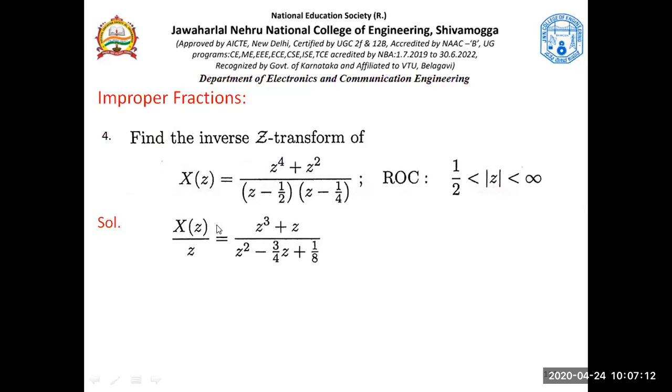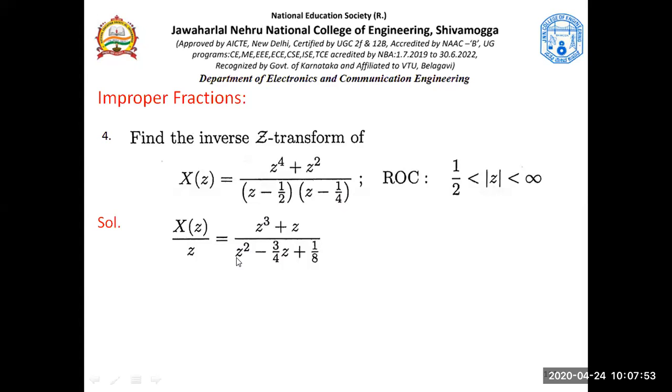Now, see here. The numerator term has order 3. The denominator term has order 2. This is a third order equation, this is a second order equation. Quadratic equation and cubic equation is what we call them, or in general, if it is greater than 2 order, we call them polynomials. Quadratic equation is a second order equation, with power of 2. Fine, you all know that. Now, this is improper when the numerator term has greater power than the denominator term. Okay, this is an improper fraction.